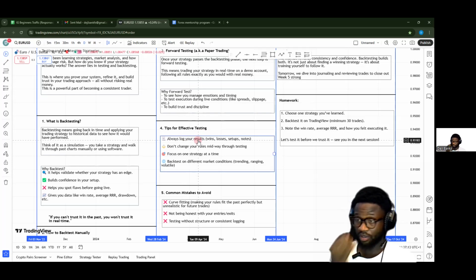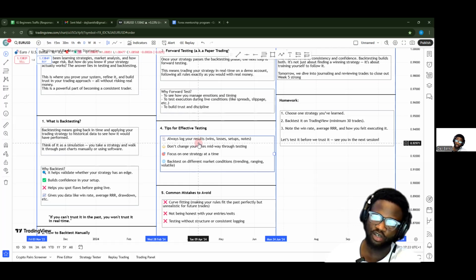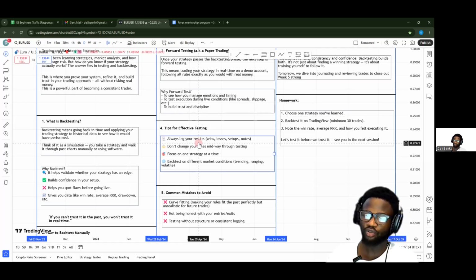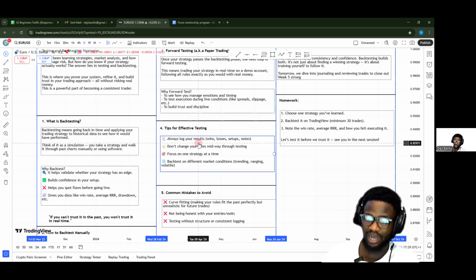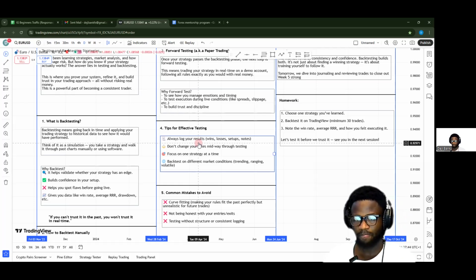I have a spreadsheet format that I use. Very simple and straight. Enter the currency pair, your entry position, how much you are risking. After you win or lose, you put it down. Simple as that. And some notes on how you felt when you are doing the trade. These are habits that need to be cultivated early. Many traders, I can assure you, no longer do this because they never had the foundation, and it becomes difficult when you're already trading and making some money in the market, right?